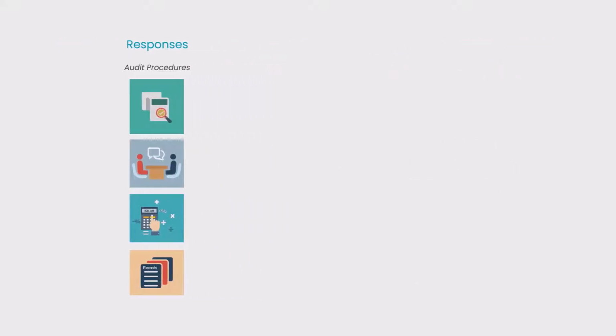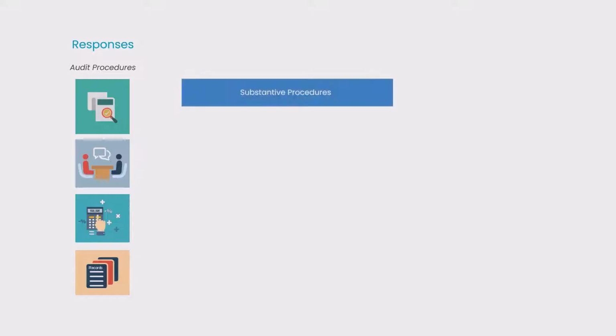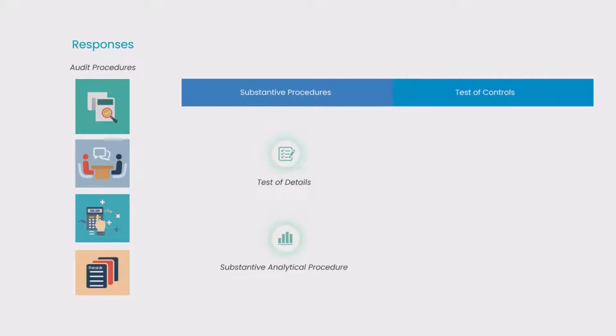These audit procedures can be substantive procedures, which include test of details, or substantive analytical procedures, or we can combine substantive procedures with test of controls. When, as per our understanding of internal controls, the control environment is effective and the controls are formally laid and designed, we may choose to rely on them. In that case, we will test whether the controls are effectively working throughout the period or not, and reduce our extent of substantive testing based on that.